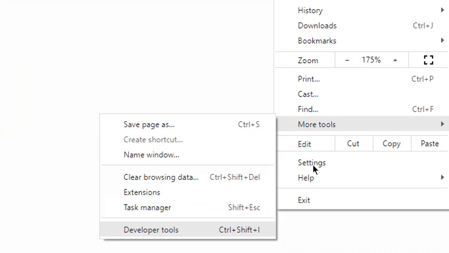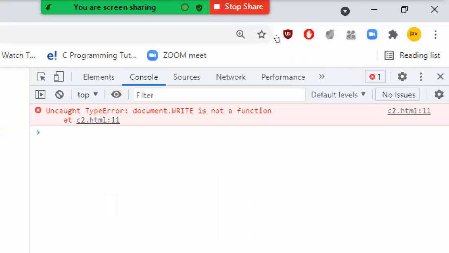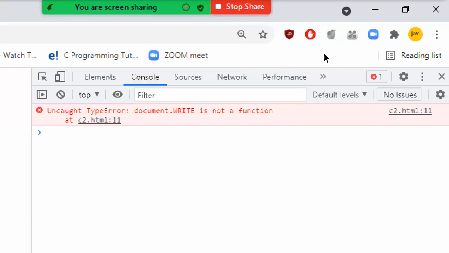Now when I click on this, automatically on the top you will see elements, console, sources, network, performance. The console is highlighted, indicating it has opened your console, and the error message is displayed here.